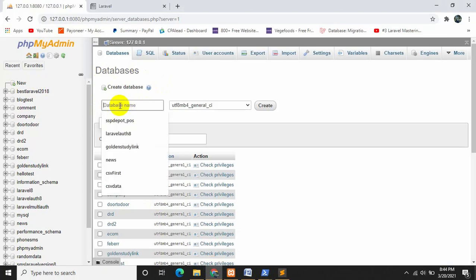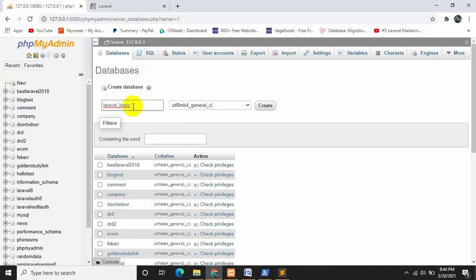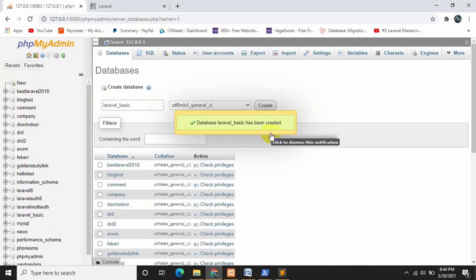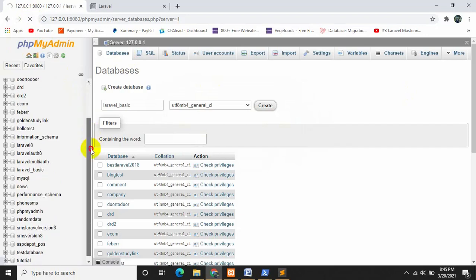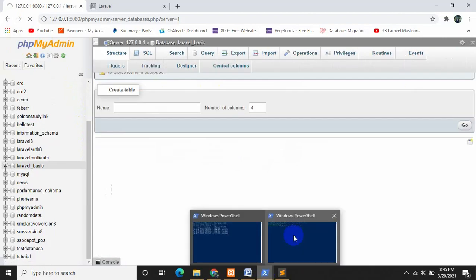We need to write our database name over here. So our database name was laravel_basic. I will just click create. Okay, our database is created. If we refresh, we should see our laravel_basic database.